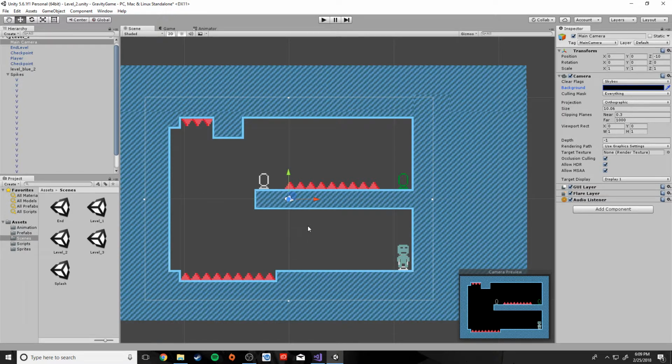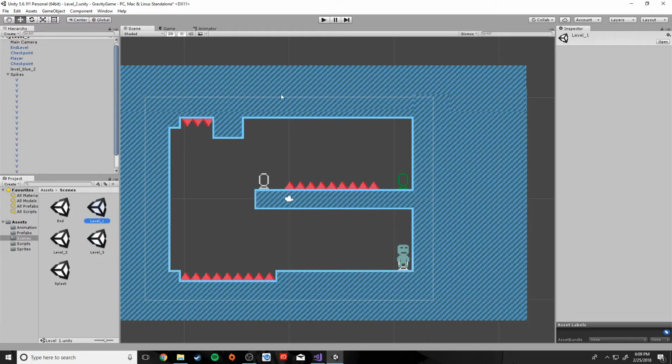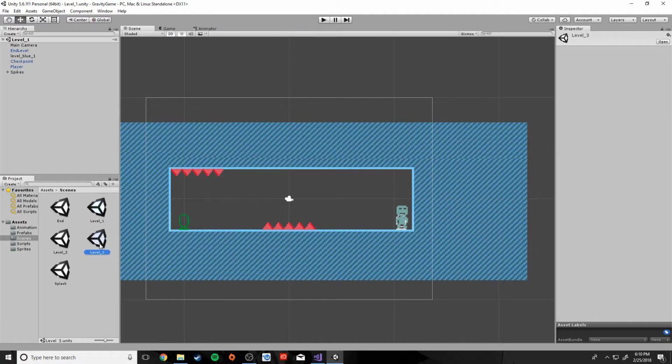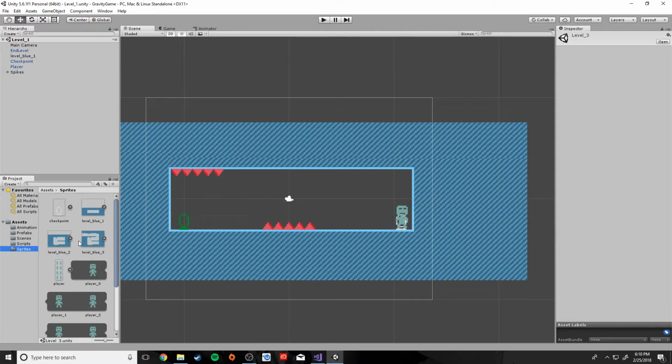But that's how quickly you can scale the game, make as many levels as you want. And honestly, the only reason why we just chose 3 was because 3 is enough to show you what you're doing. But you can make as many of these as you want. And honestly, I made level 1 just by taking this level 3 sprite here and just cutting it down and just kind of opening up